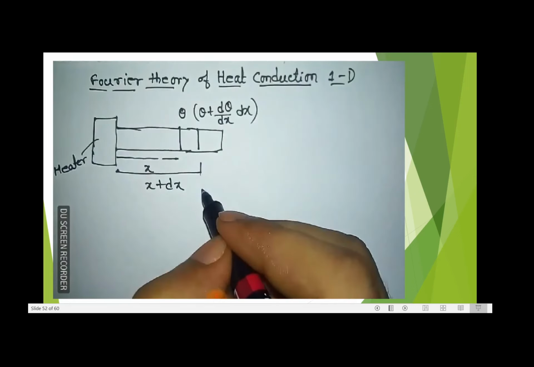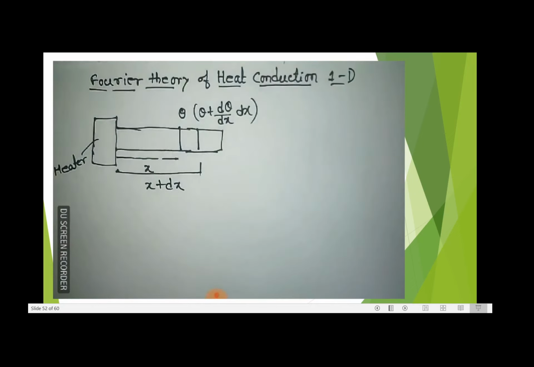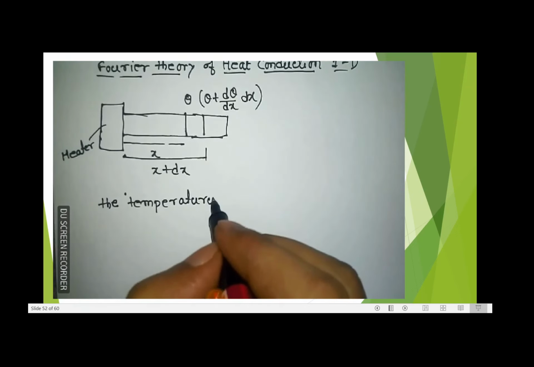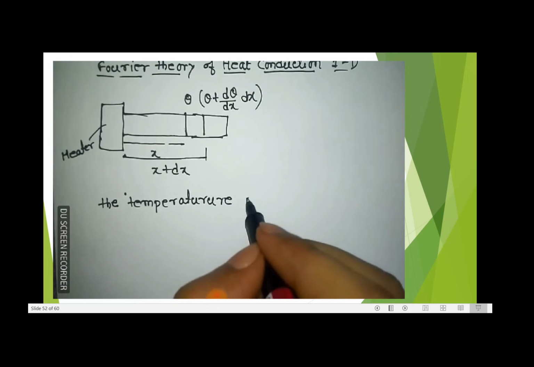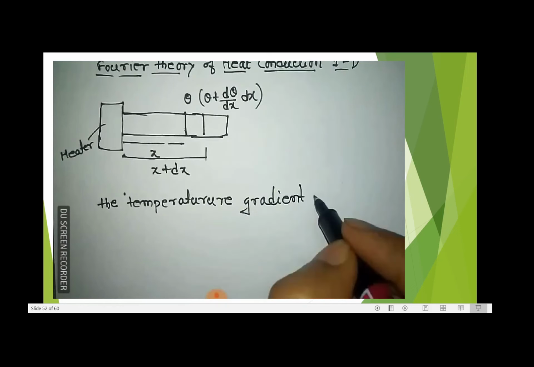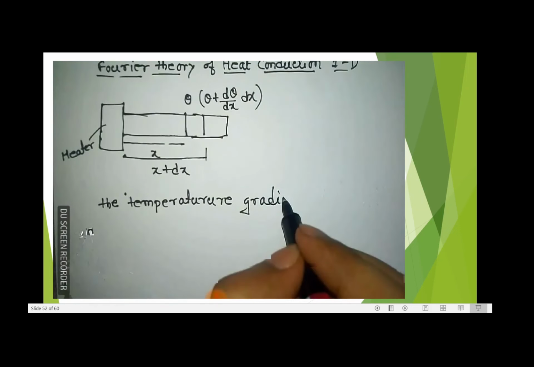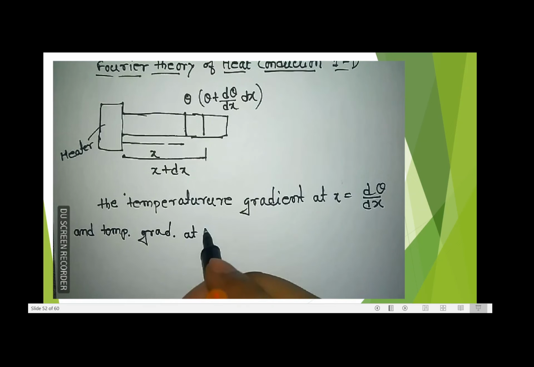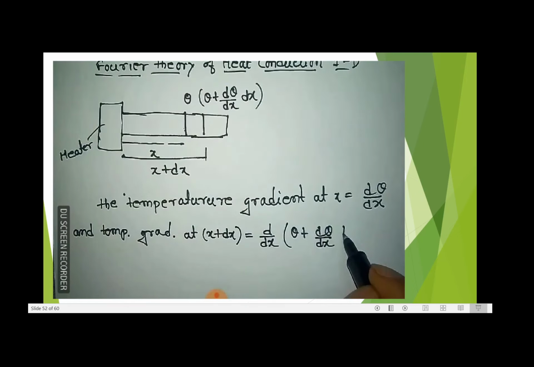Okay, now at x the temperature gradient at the point x would be d theta/dx, and at x plus dx the temperature gradient would be somewhat different, and this would be d/dx of theta plus d theta/dx into dx. Okay,